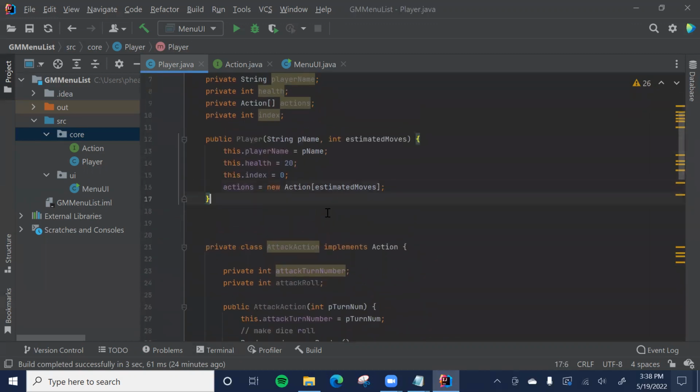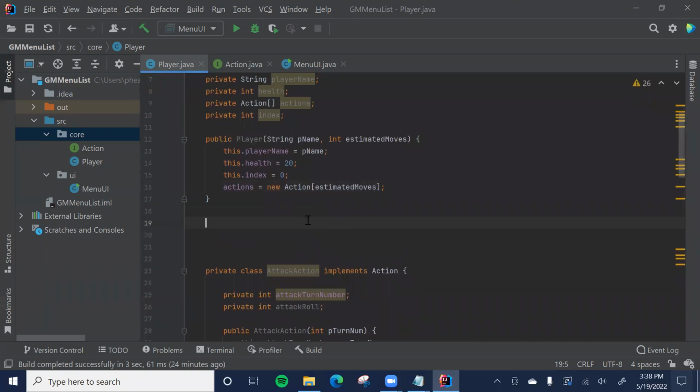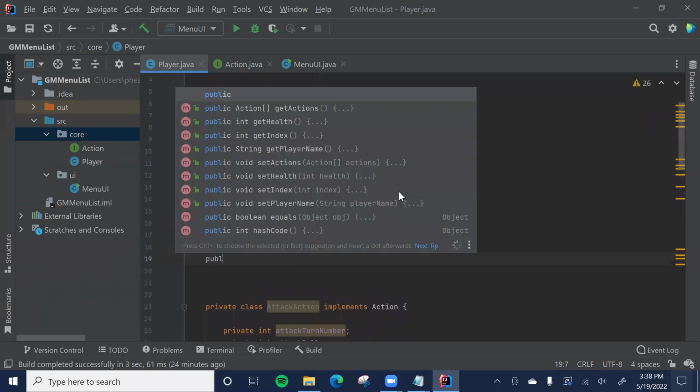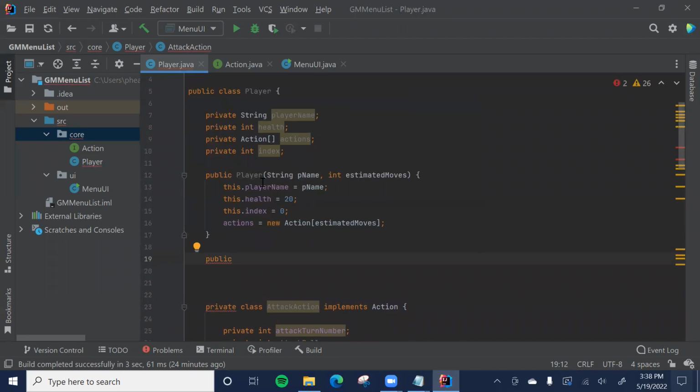Okay, and then we're going to need some getter methods, which are just going to get your private instance variables. I don't think we'll need the index, but we'll probably need player name and health. So we'll just call this public string get player name. And that's just going to return